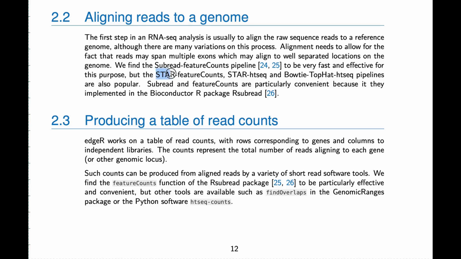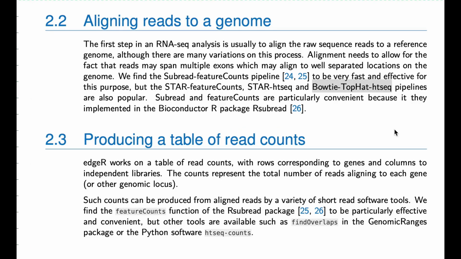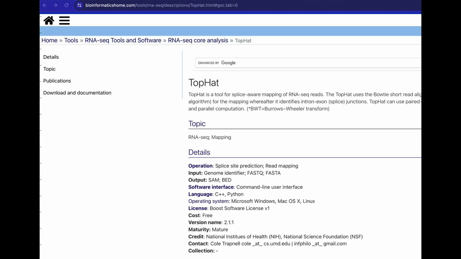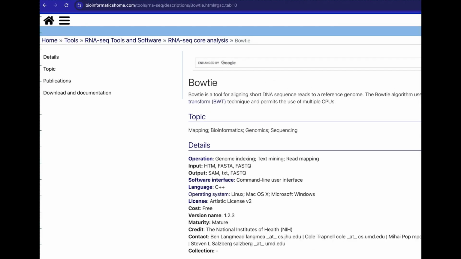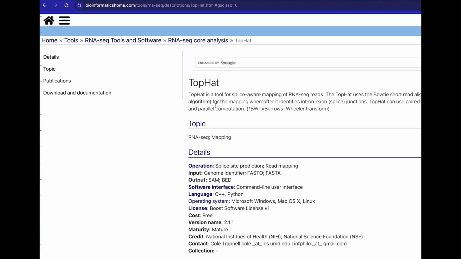Then they also mention STAR. Then they also mention Bowtie, TopHat, HTSeq as if it is one single alignment tool, but it is not. Pay attention that TopHat and Bowtie are two different alignment tools. Bowtie is made for aligning short DNA sequence reads to a reference genome. It's not doing any splicing analysis, whereas TopHat is made splice aware, so comparable to a STAR alignment, and